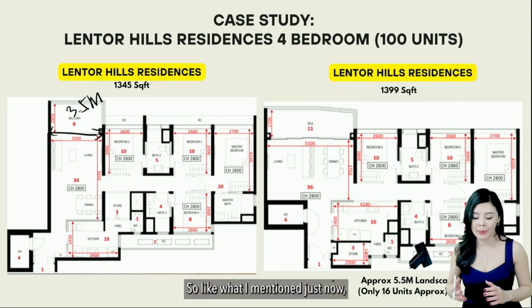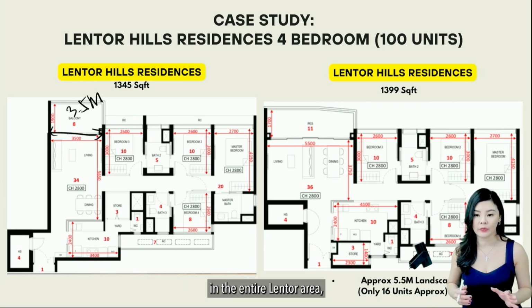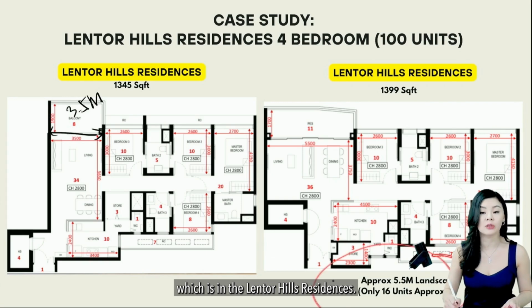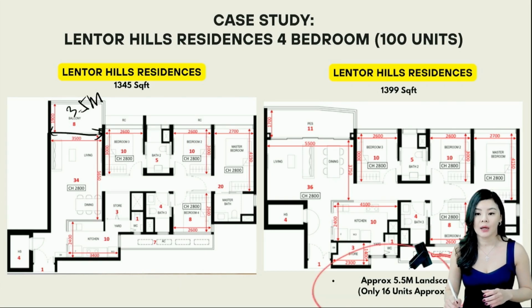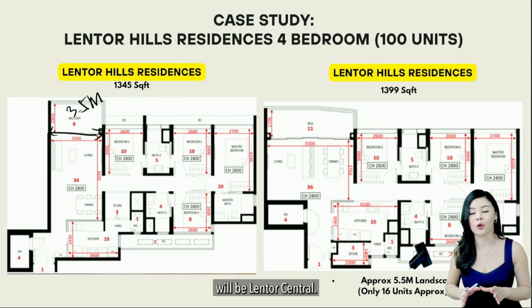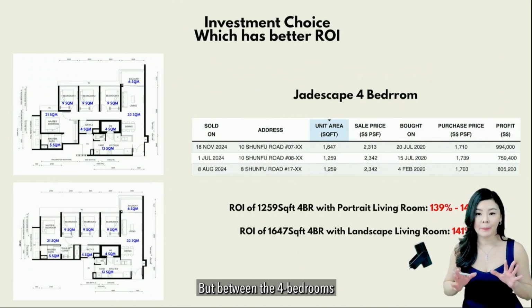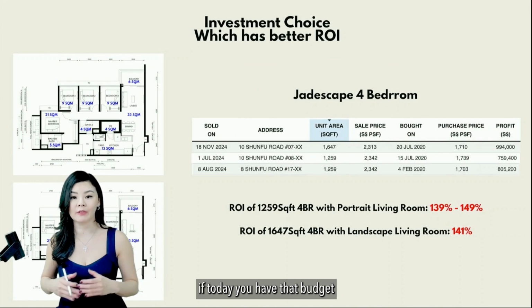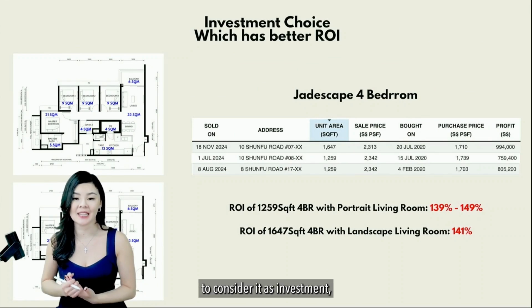So like what I mentioned just now, in the entire Lentor area, only 16 units of such, which is in the Lentor Hills Residences, fully sold out already. So today, if you want to find something that is a wide frontage living room, the next one that you can go for will be Lentor Central. But between the 4 bedrooms and 4 bedroom premium, if today you have that budget to consider it as investment,